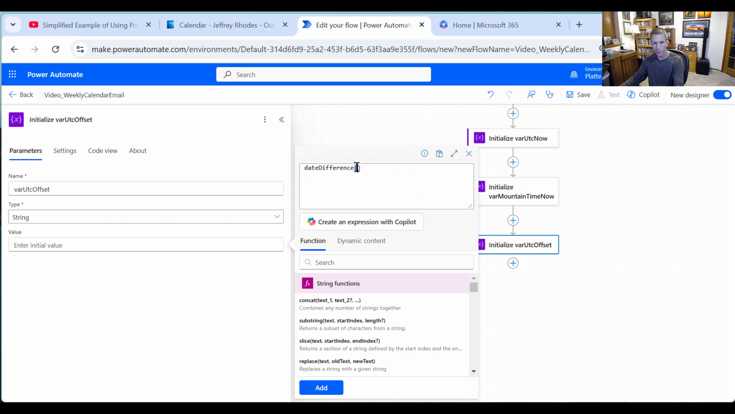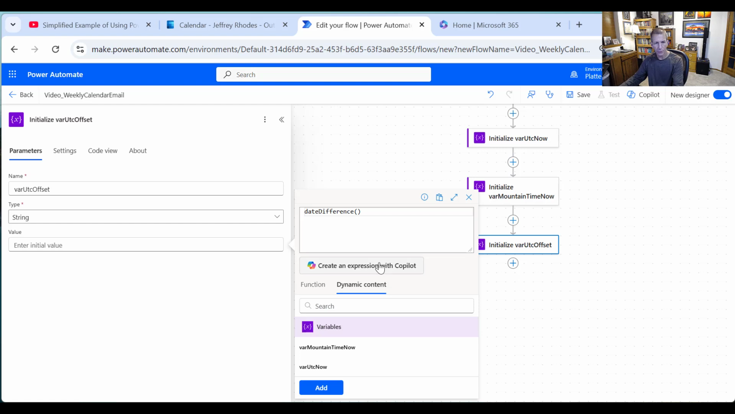But what we want to do is the difference between UTC, which, if you're not familiar with it, that's universal time, and it's basically like Greenwich Mean Time, except it doesn't do daylight savings time. So we put the UTC now in, and then we use our var mountain time. So again, that's a time span. So it'll be like -7:00. So we have to split,